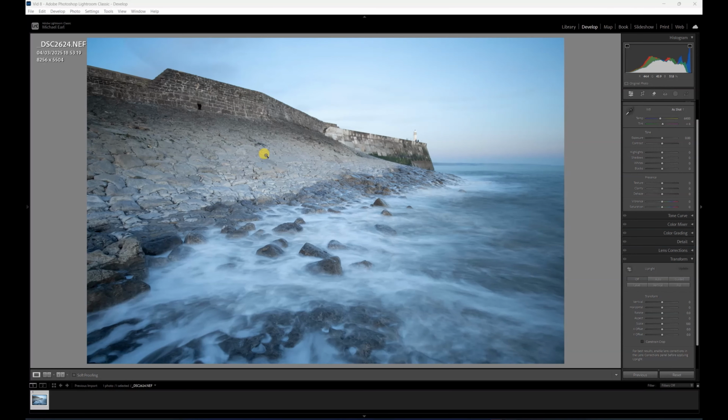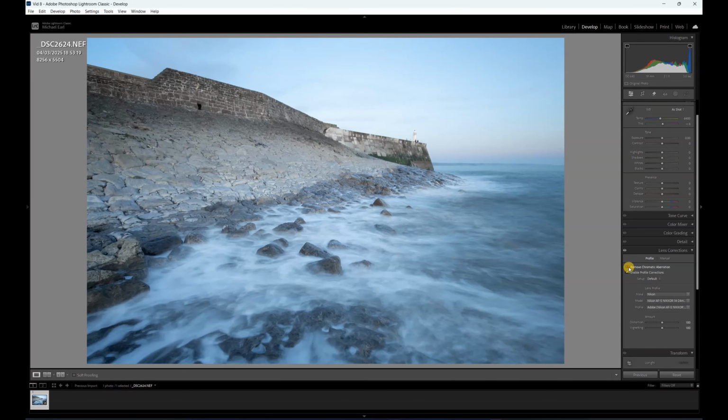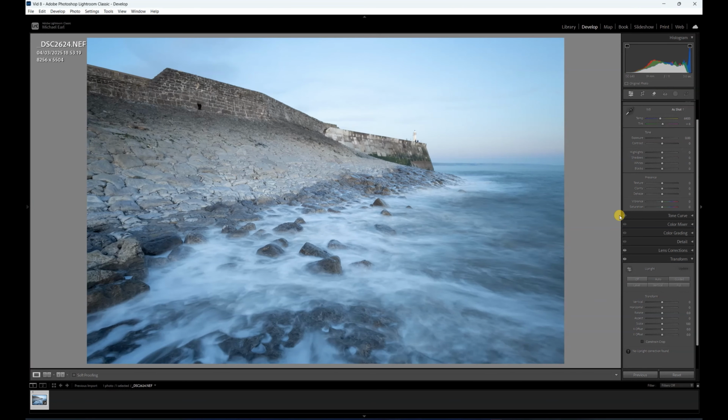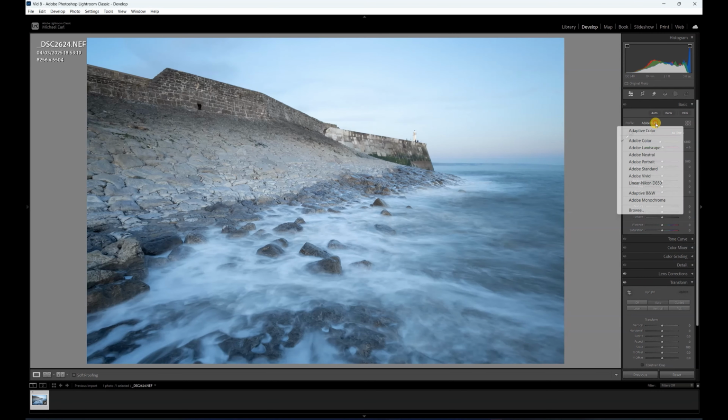But before we do any of that, we're just going to make some global adjustments using these tools here on the right hand side. So first of all, we're going to jump into our lens corrections and make sure that everything's nice and straight. I'm sure it is all straight anyway. Sometimes these angles of the pier and the horizon is nice and straight. Yeah, I'm happy with that. So first of all, we're going to work through these in order. We're going to use Adobe Landscape,